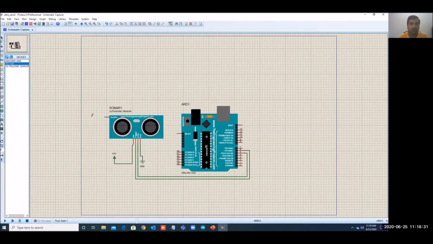So here I am putting a pot. From the pot I can give to this one, and on one side I can give positive.